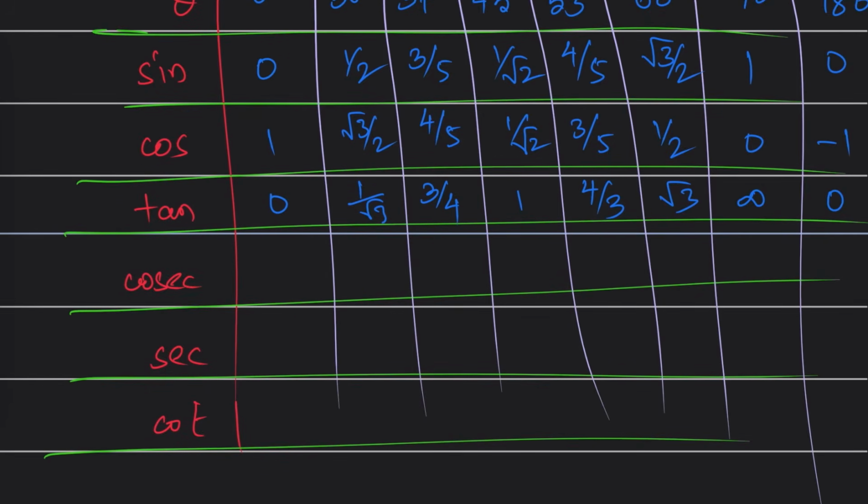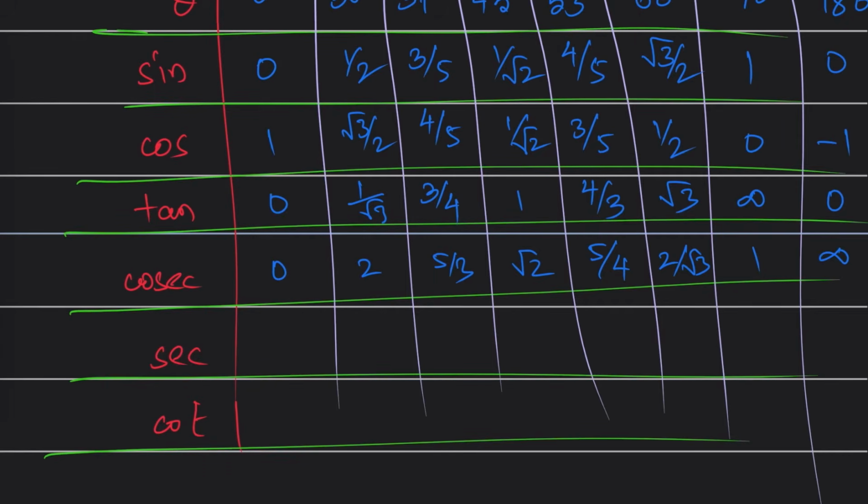Cosec 0 is infinity, cosec 30 is 2, cosec 37 is 5 by 3, cosec 45 is root 2, cosec 53 is 5 by 4, cosec 60 is 2 by root 3, cosec 90 is 1 by 1, which is 1, and cosec 180 is 1 by